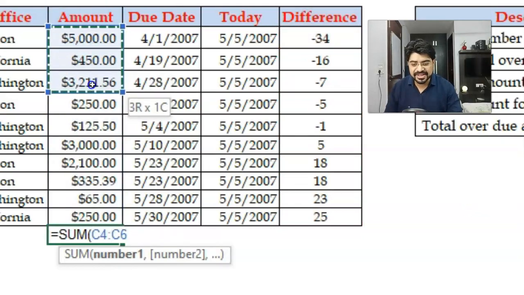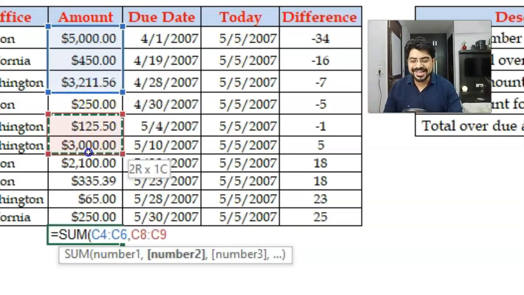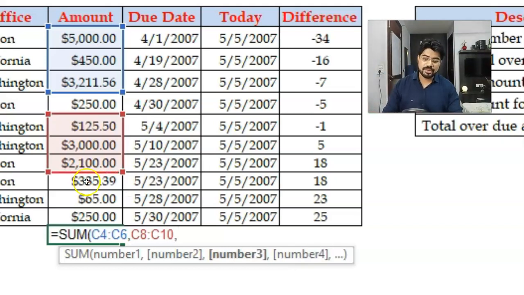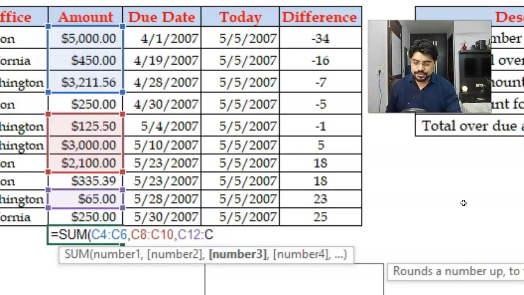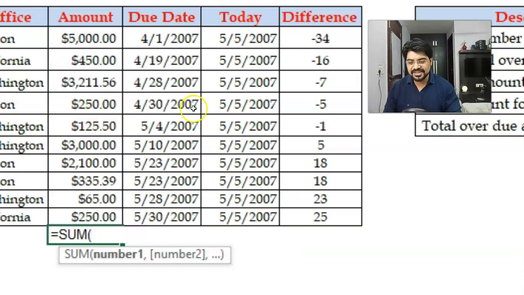For example, I want to select it, but I want to skip 250. So I'll simply press comma and I'll jump to the next range. Again, I'll press comma. That way I can do it if you want to skip something over here. Then you need to use the rest of the arguments. Otherwise, one single argument can give you the entire result of millions of numbers. So I hope you got the idea of how we do it.